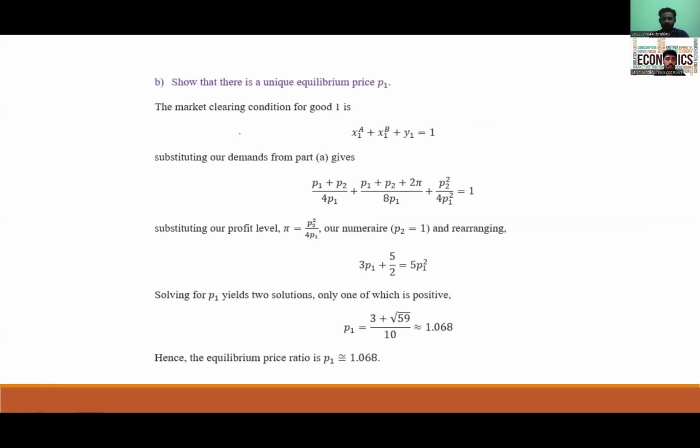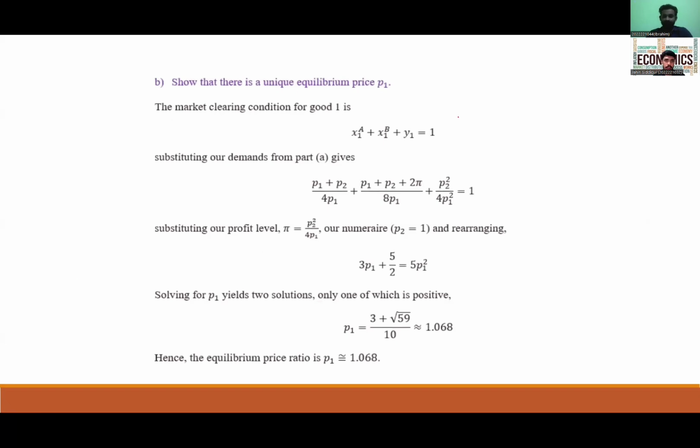Now we try to discuss the second question B, where we are asked to show that there is a unique equilibrium price for P1. We have earlier studied as economics students that when the market clearing condition holds, the demand meets the production or the supply, and the market clearing condition becomes unity,